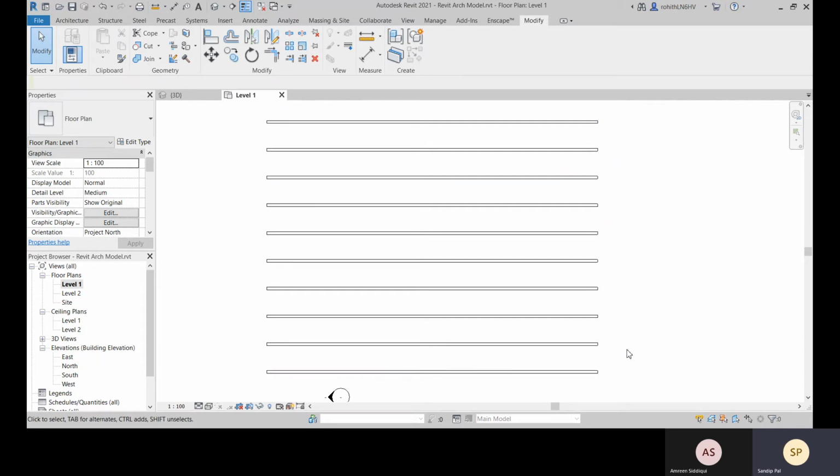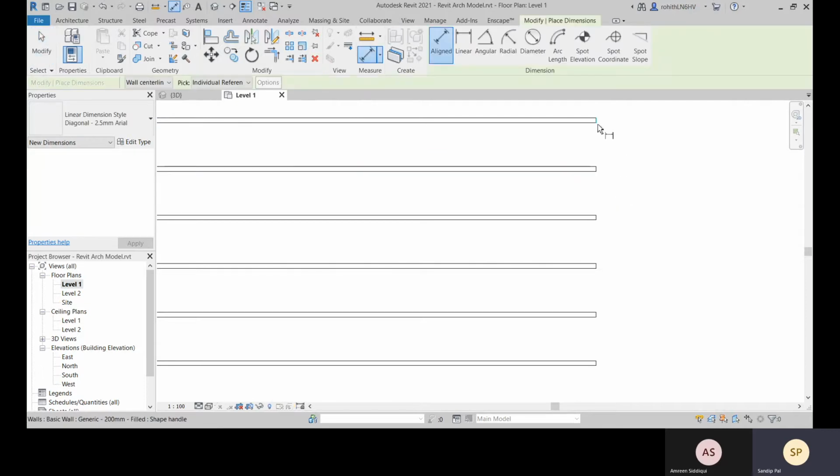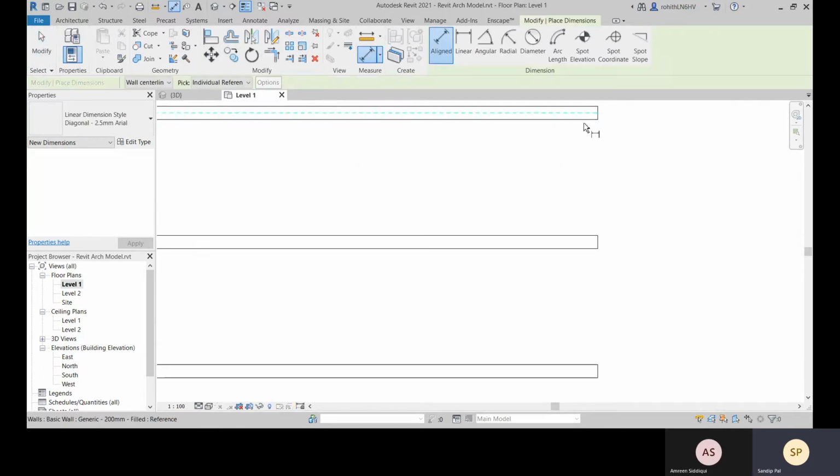Yeah, what is your question? Center to center, because we have taken no array. No, not center to center. From this end to this end. This end to this end. That is 2000.